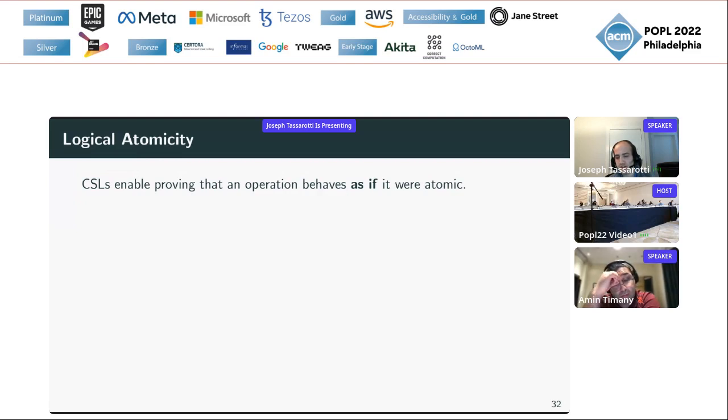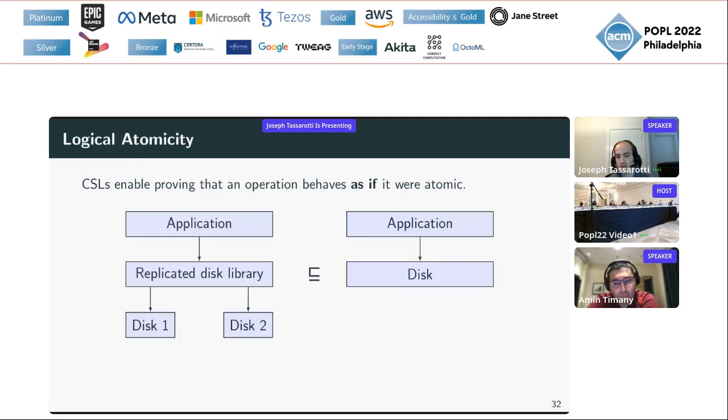In particular, this is an important component of doing data abstraction and refinement reasoning for concurrent systems. For example, a replicated disk library internally has two disks, but ideally one would like to prove a specification for it that abstracts over that and just presents the same interface as a single disk that one would write to atomically.